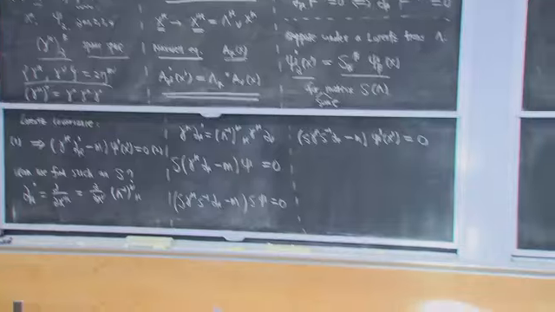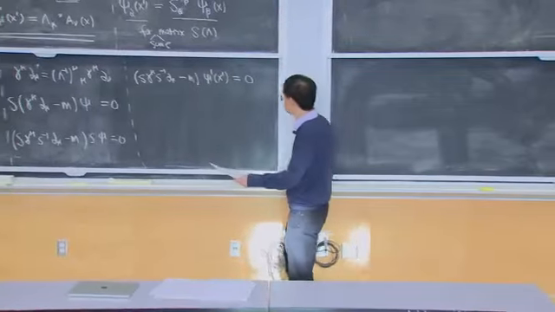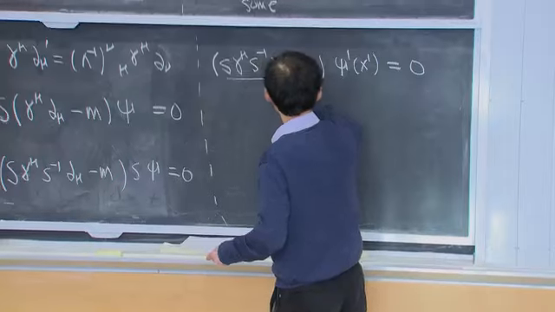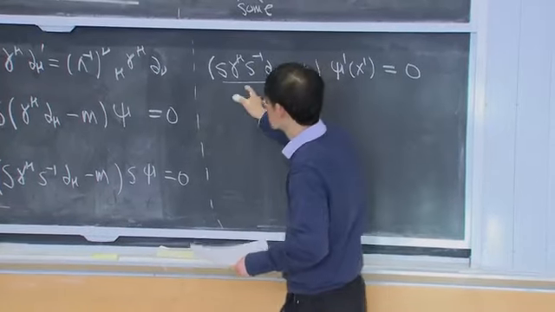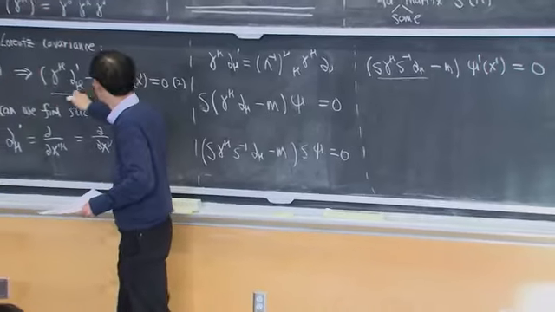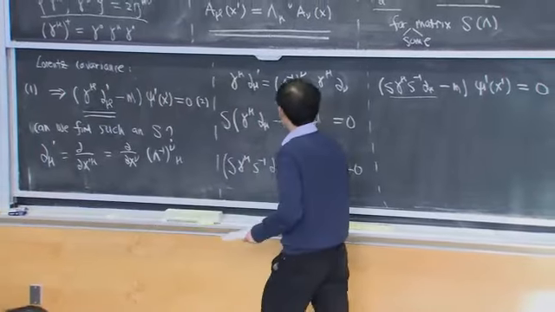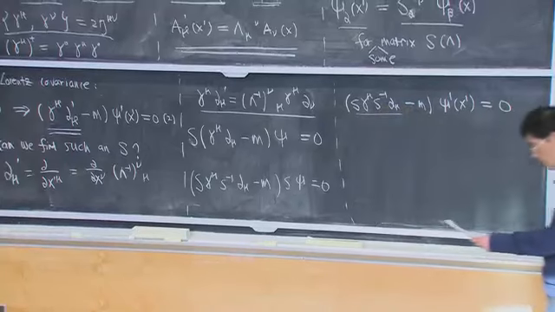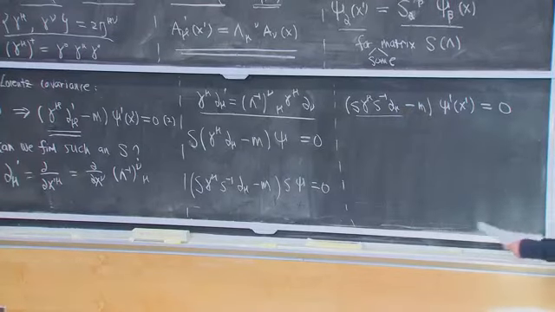Good. Okay, so now we have this equation. So now we can compare this object with this object. In particular, this object is equal to that. So we conclude that 1 goes to 2